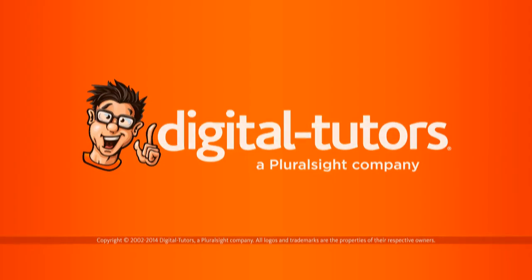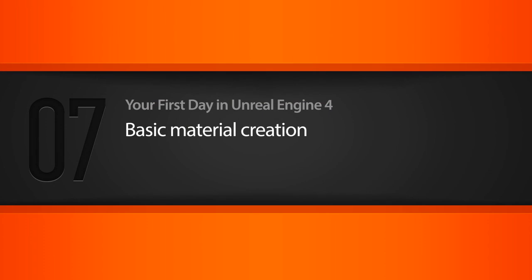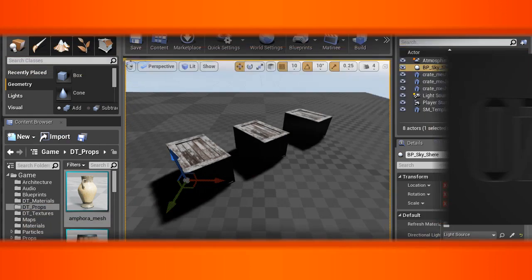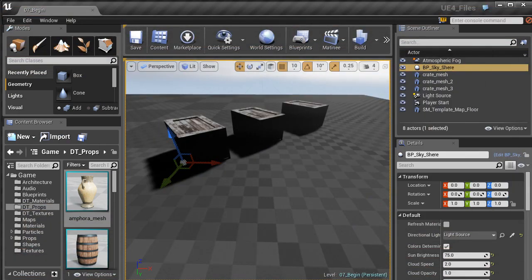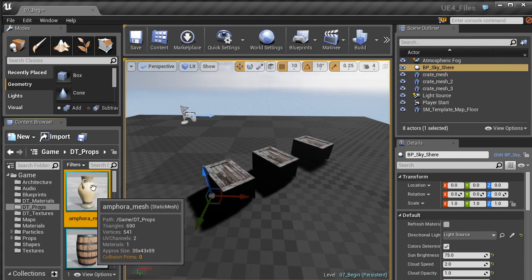In this lesson, we're going to learn how to create a basic material. Whenever you bring in assets, you may need to create materials to apply textures and to give it the final look that you want. So for us, what we're going to do is create or recreate the material for this amphora